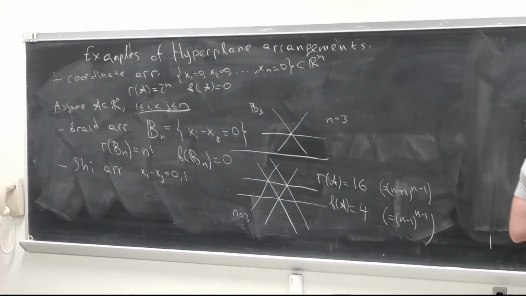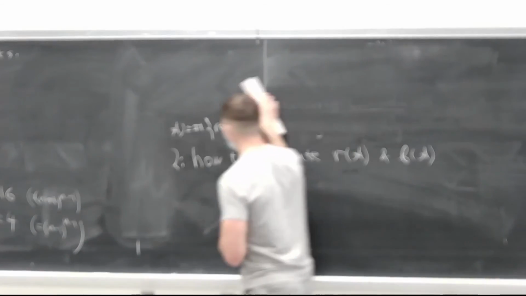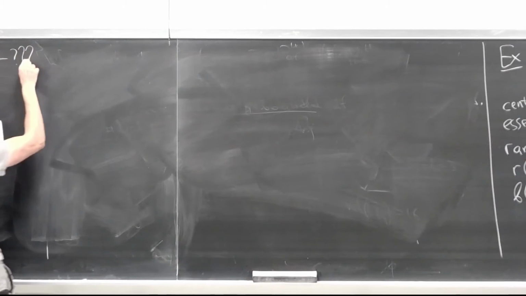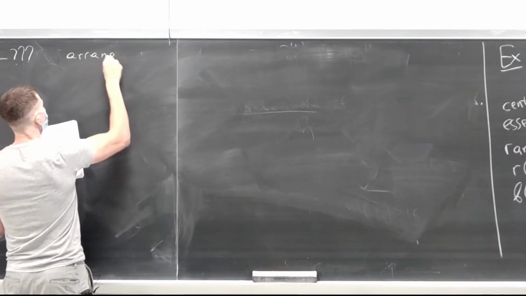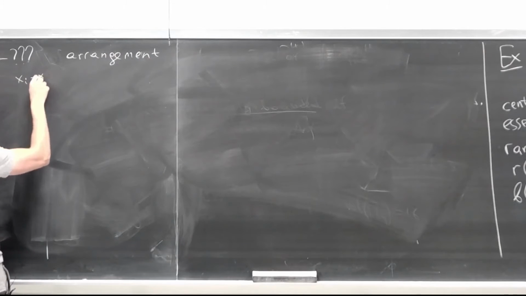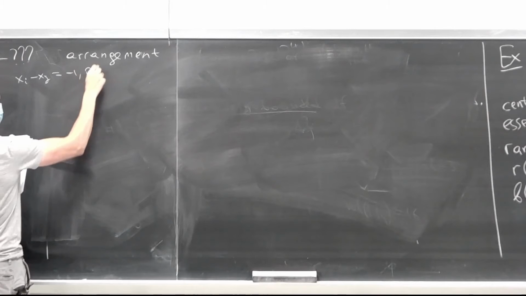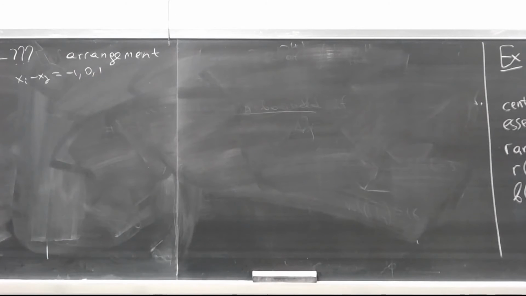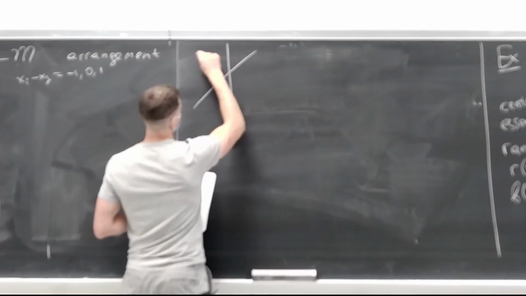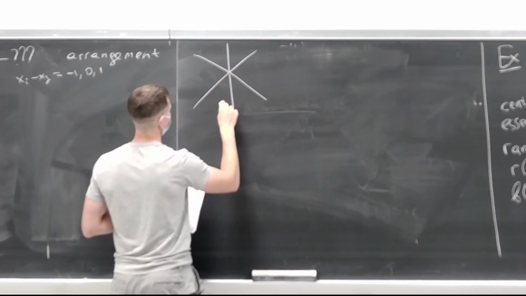Okay, let's continue. For the next arrangement, right here I asked you to guess the number of regions, but for the next one, I want you to guess the actual name. It's again the last name of a person, the question mark arrangement. It's of the form xi minus xj is equal to -1 or 0 or 1. So I take the shear arrangement and I add one more shifted collection of hyperplanes. The picture looks like this. That's the braid arrangement, and then now I'm going to